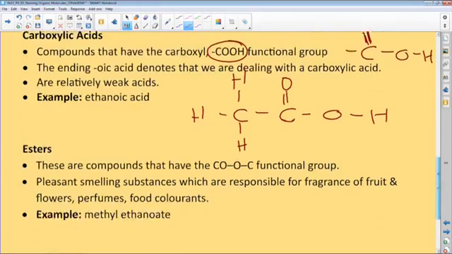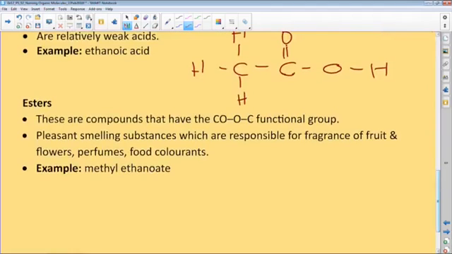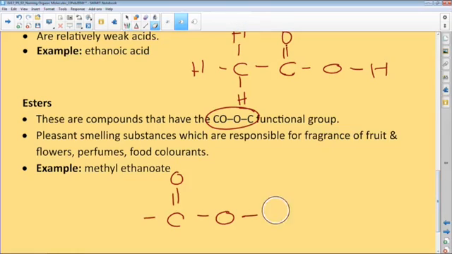Then we have esters. Esters are a little more complicated. We're not going to spend too much time on esters today. And my bond actually looks like this. This is the functional group, where this has to go to a carbon. So there's the carbon. Oh, no, I'm just adding things in because I can. Look at that. Okay, and whether this goes to the end or goes to another carbon depends on the functional